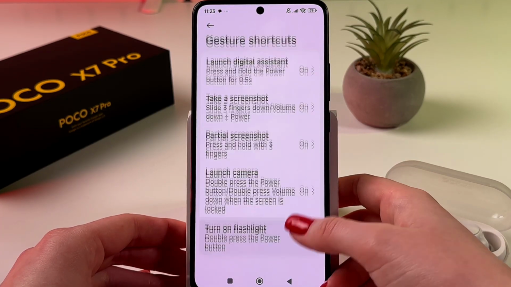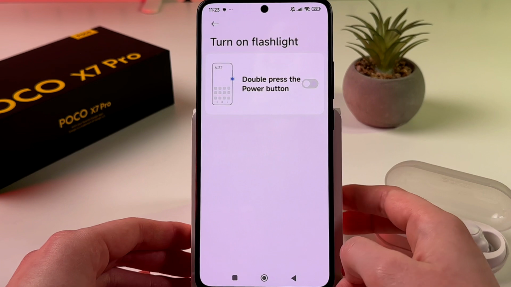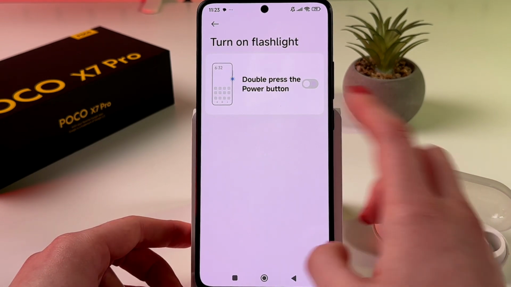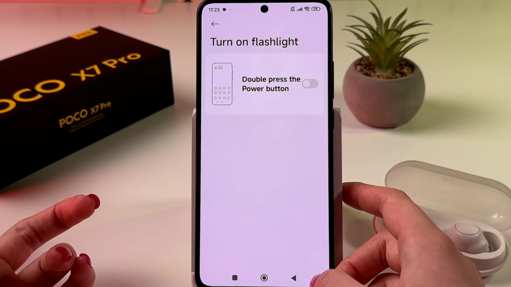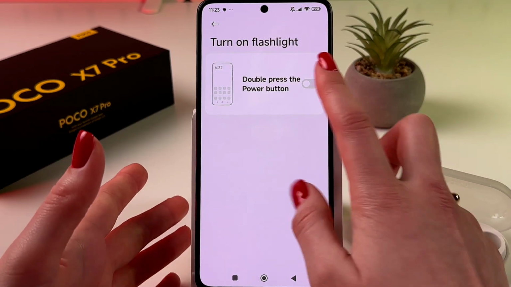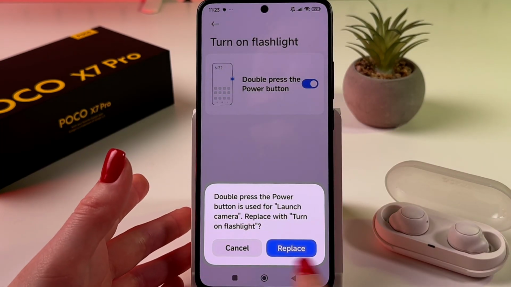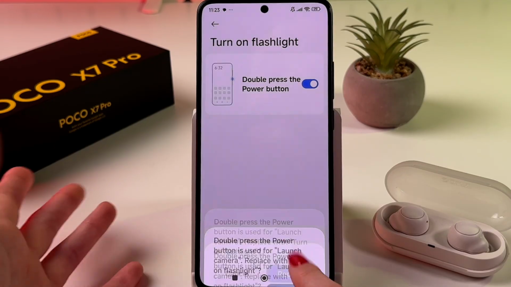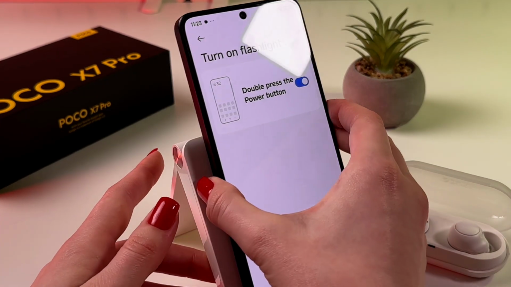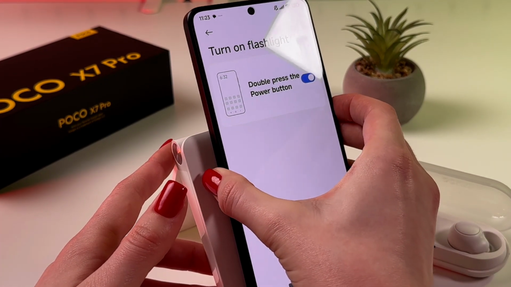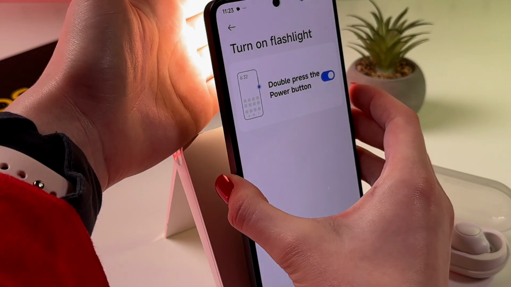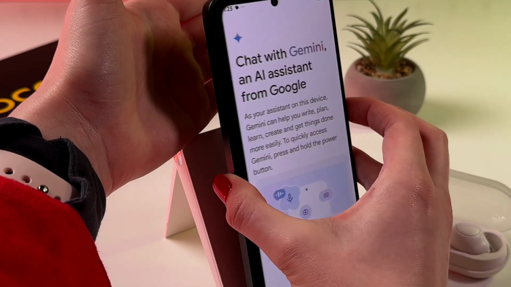Let's go back in the setting, and the last thing we got is to turn on flashlight. So we can now replace camera with flashlight, so we can double press the power button to turn on flashlight. Let's replace this feature, and I'm gonna double press power button, and as you can see, flashlight is enabled, so